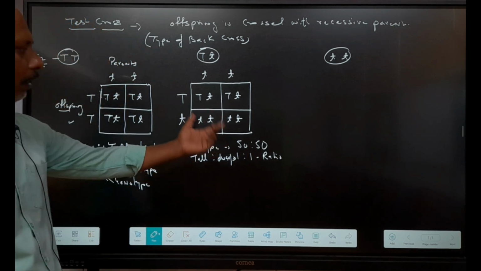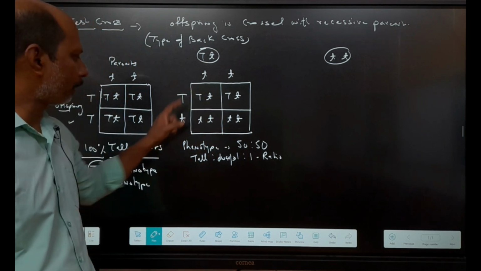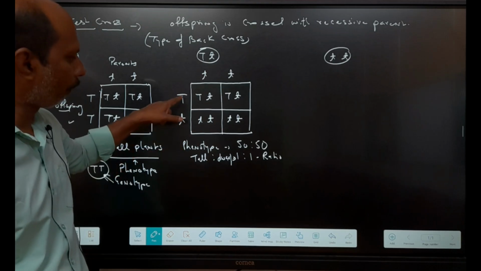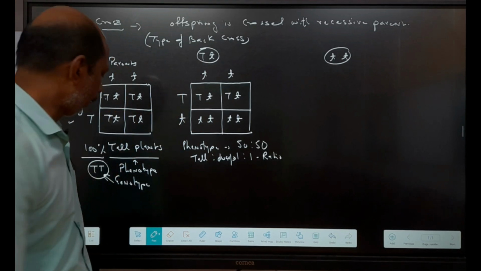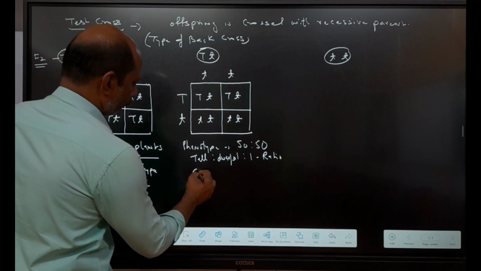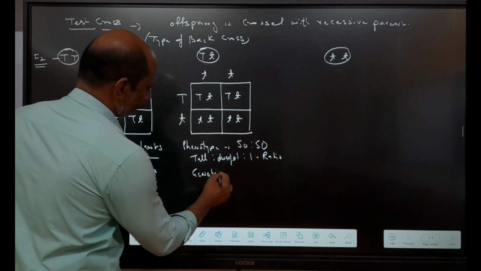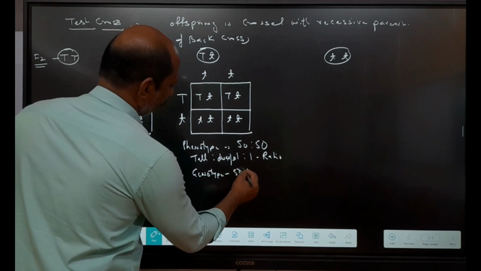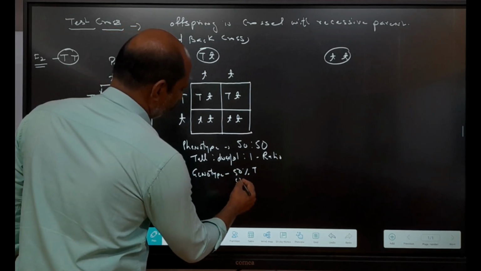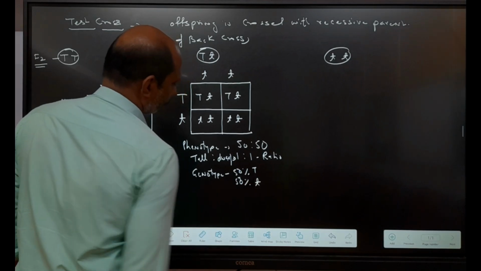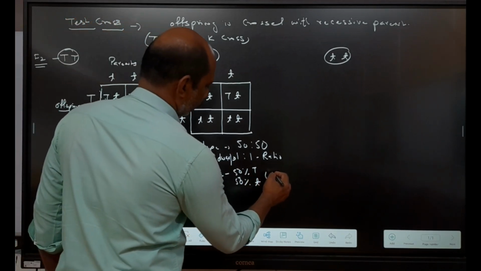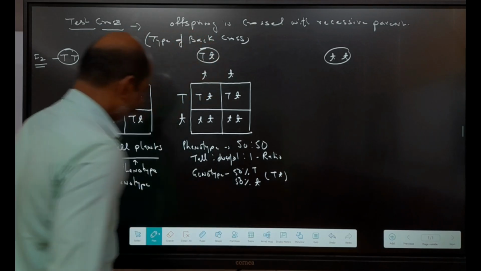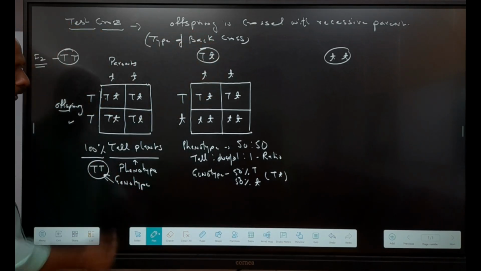Genotype means we understand there. That means what? It is 50-50%. 50% is small t, 50% allele of capital T, right? Same as the genotype. We can say 50-50%, 50% capital T and 50% small t is there. In case of capital T, small t, we can write 100% is there, capital T is there,